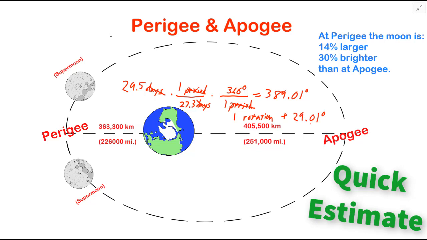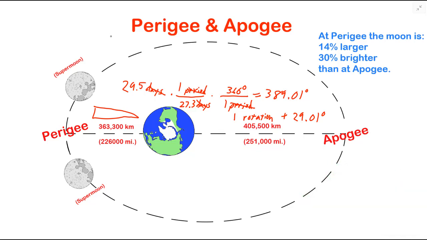29.01 degrees. So it's going to go past at about 30 degrees. Now this is a rough estimate, because Kepler's law states that the area that it sweeps out is going to be a consistent number in the end. So it's going to be going faster over here and slower at apogee. However, for the most part, this is a pretty good estimate. But yeah, it's not accurate. We'd have to use Kepler's law to be accurate at that, but it's a good estimate.